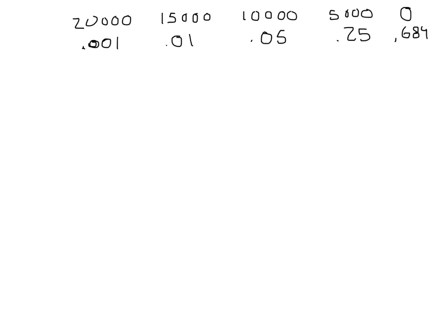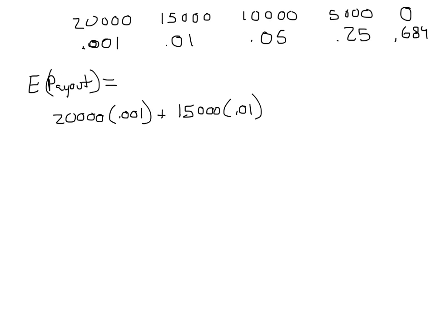And again, I'm making up these numbers off the top of my head, but this is how the calculations work. And so what they're going to do is they're going to calculate the expected payout by taking the 20,000, multiplying it times its probability, take the 15,000, multiplying it times its probability, and so on and so forth till they get to the 0 multiplied by its probability, and then they add them all up and get an expected payout. By the way, I'm just going to do that real quick. 20,000 times 0.001 plus 15,000 times 0.01 plus 10,000 times 0.05 plus 5,000 times 0.25 plus 0 times 0.689, and